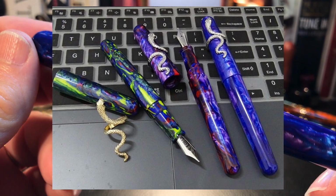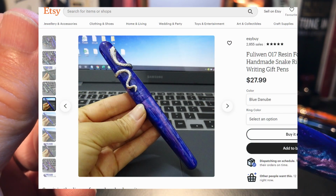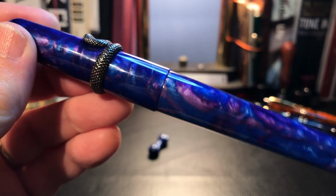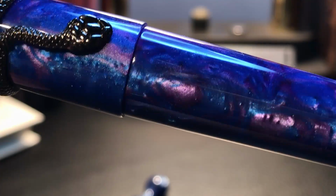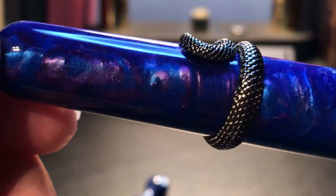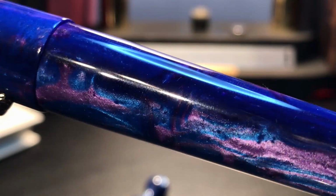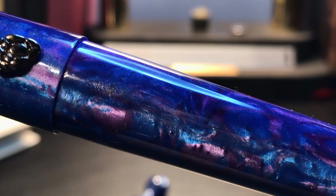I thought this was the prettiest of the three. Here's the Etsy sale. This acrylic has wonderful swirls of deep blue, purple, teal, and a light pink, which are really, really amazing with their depth and chatoyance. This is just artificial light here, but boy, when you get this in the sunlight, it's